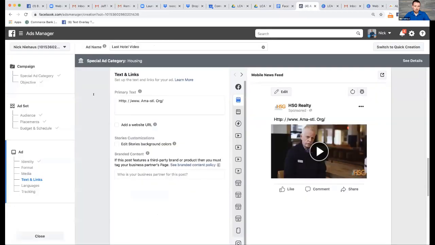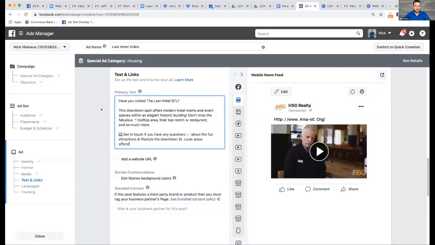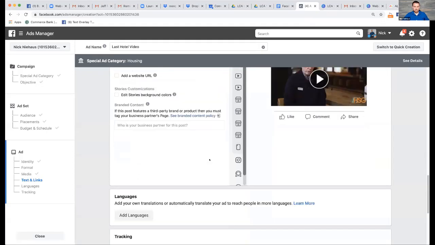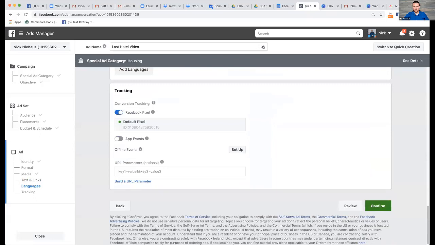And I'd recommend, if you're organized like that, you can have all this stuff written ahead of time. I can go ahead and copy the text in, and that's it. My ad is ready to go. So this over here is a preview of what the ad's going to look like. It's going to come from my business page. It has my copy that I just copied into it, and then it has my video, which was already on my page, right? And then when I'm done, I would come down here and I would click on confirm.